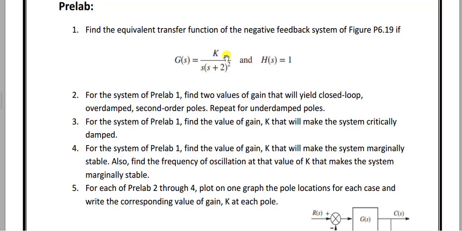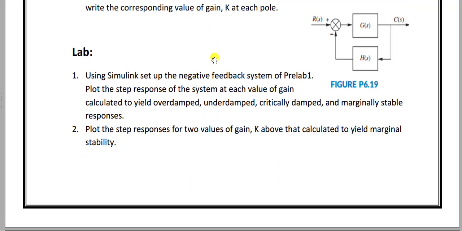For example, if you have a stability range of 0 to 100, then you need to see over each of those values. So it's on you what step size you choose for putting in the values of K and checking the step response of the system. You'll put in the values of K turn by turn after each step, and the step value is on you.